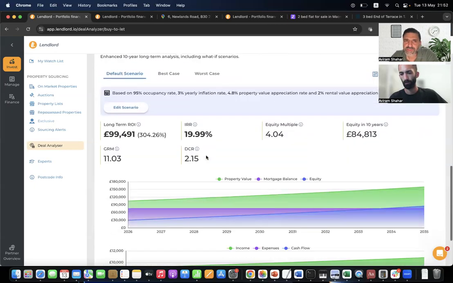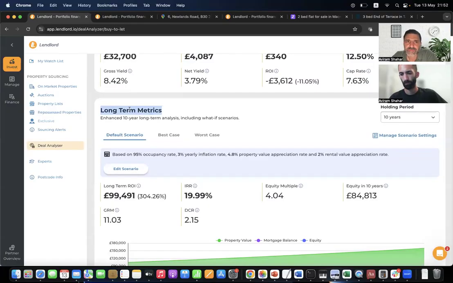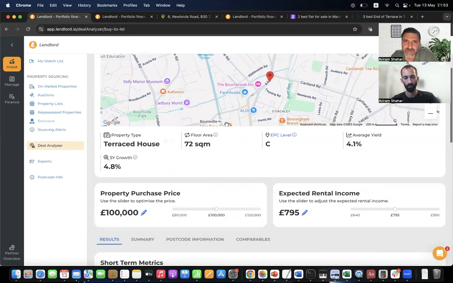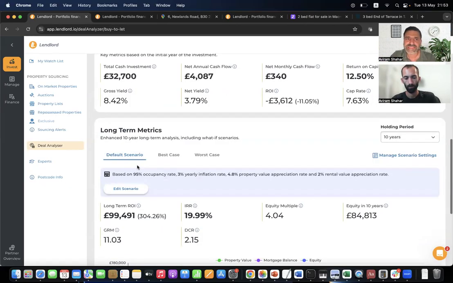Then the second section, which is I think even more relevant, is the long-term metrics. Here you will find the default scenario, the best case scenario, and the worst case scenario. What we do here is basically use assumptions. In this case, we assume a 95% occupancy rate. This means that 95% of the time you will have a tenant in the property paying the rent. 3% inflation, 4.8% value appreciation and 2% rental appreciation. The 4.8 we take from this postcode. We look at the 5-year growth in this area, and based on that, we assume